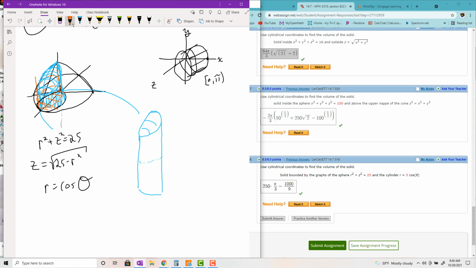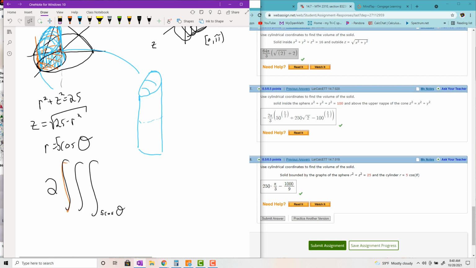So in my innermost integral, I'll go from z equals 0, I guess, the r cosine theta part, I lost my 5 somewhere. There should be 5 cosine theta. I'm going to have to multiply the whole thing by 2 because I cut the volume in half. So 2 times the integral from z equals 0 all the way up to the sphere, which is the square root of 25 minus r squared. Okay. And then I have, of course, r dz dr d theta, and then moving out on the integral,